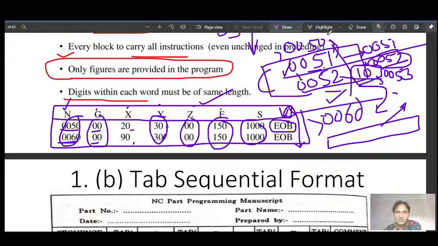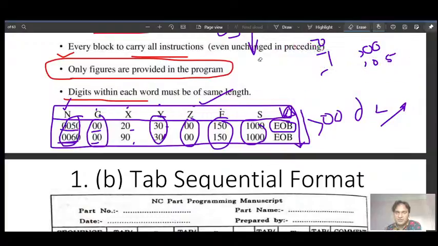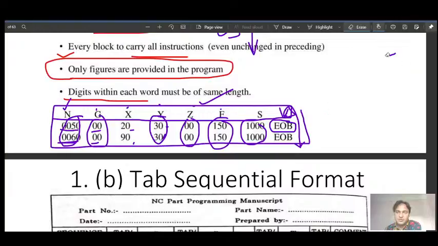Okay, so it is not mandatory that you have to write only this way. You can even write the sequence number like 0100 in the gap of 100, 0100.